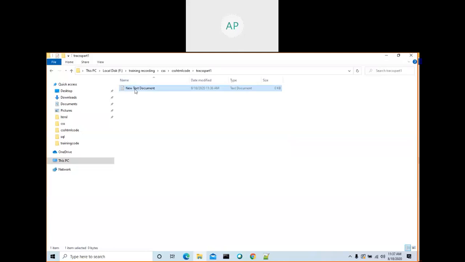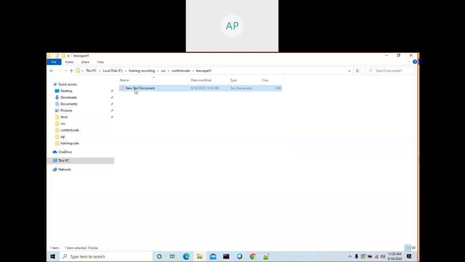We are going to see all those things in future training. We will use Eclipse and Visual Studio Code. Now we will use Notepad++, which has some functionality that will help us code in a better way.